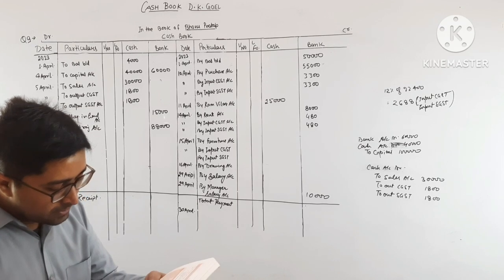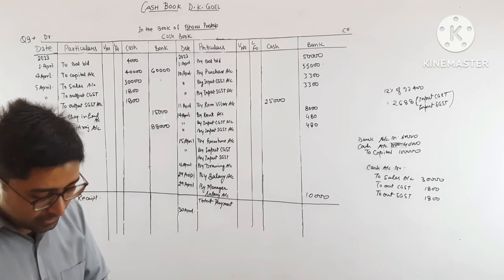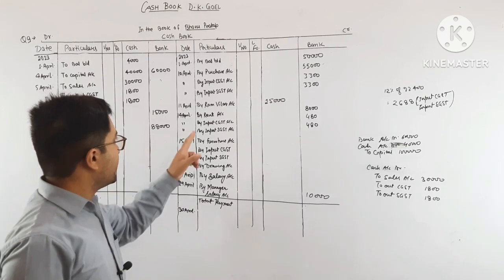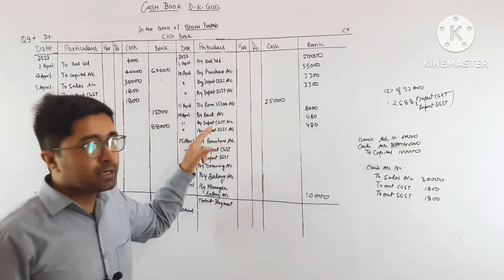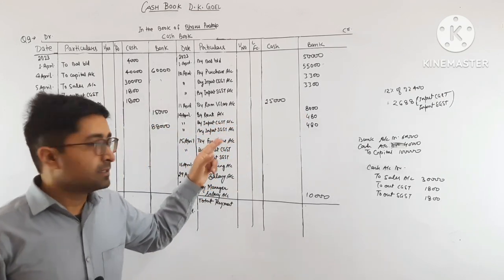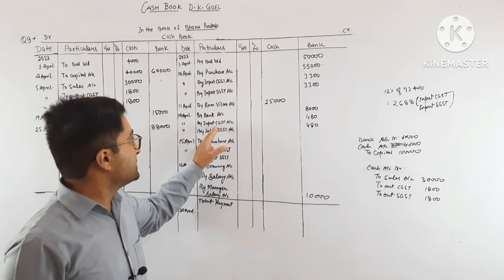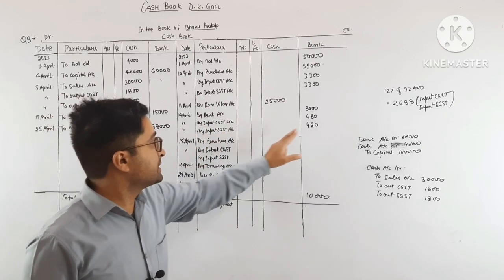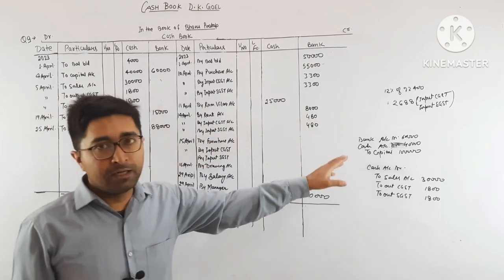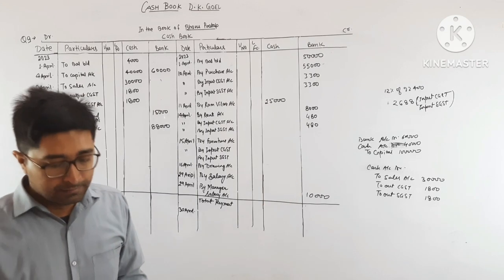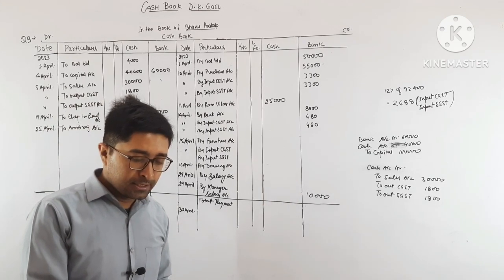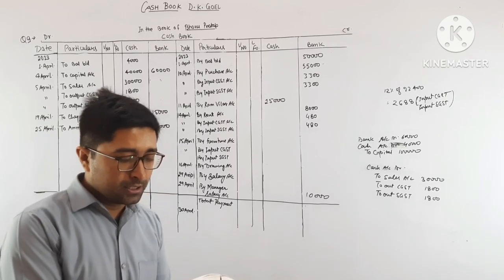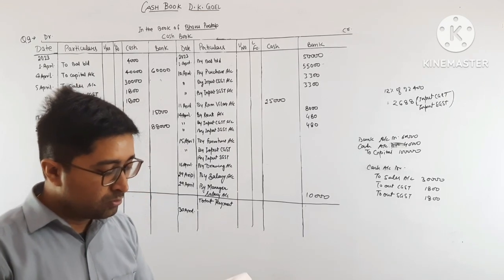The next is rent 8,000 plus CGST and SGST 6% and paid by the check. So the entry will be by rent account debit 8,000 and the rent is the expense. ठीक है, so we pay the input CGST and input SGST of 6% of 8,000, which is 480, 480. Clear hai? The next is office furniture purchase and the check of 22,400 issued for the same including the CGST